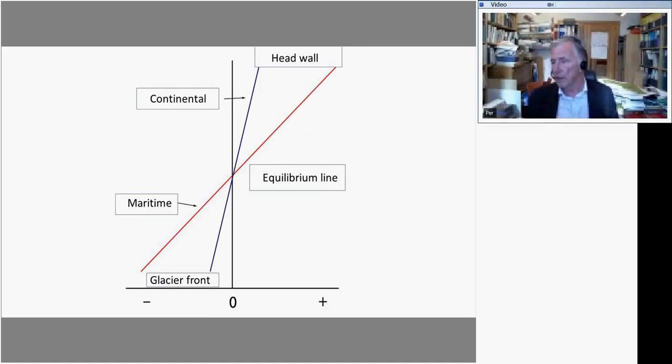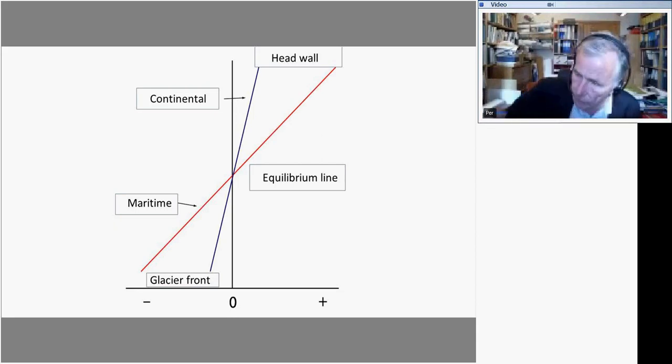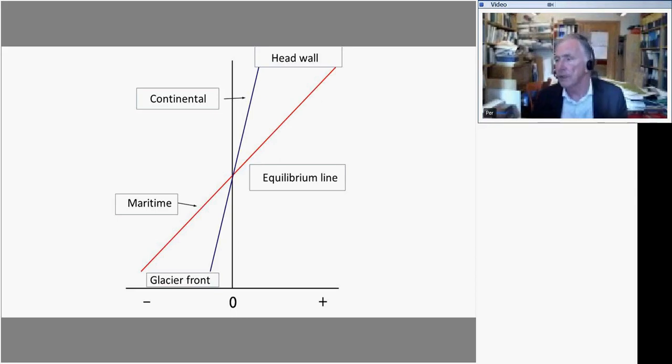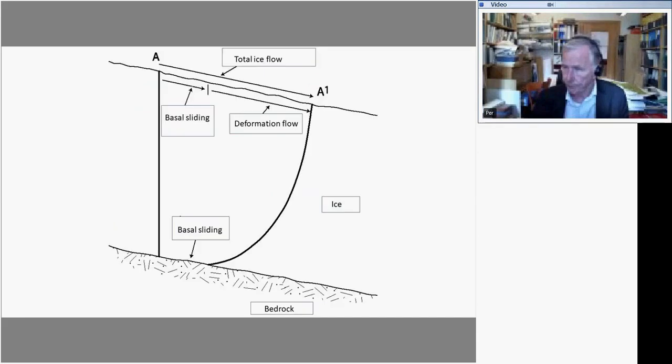And you can see that in maritime climate you have a much bigger change with altitude compared to a continental area. The reason for that is that in the continental area it's not only melting which is the governing process, it's also evaporation. So this is the reason why you get kind of